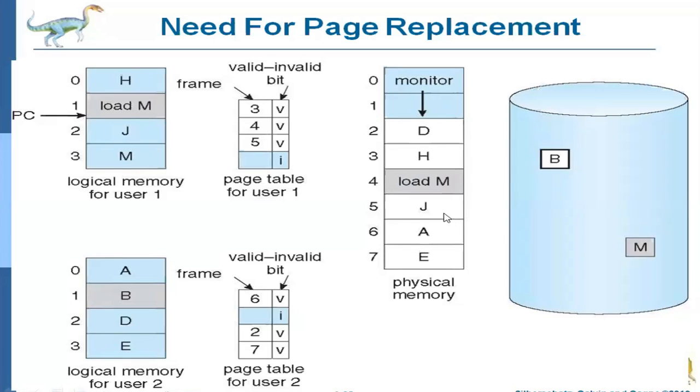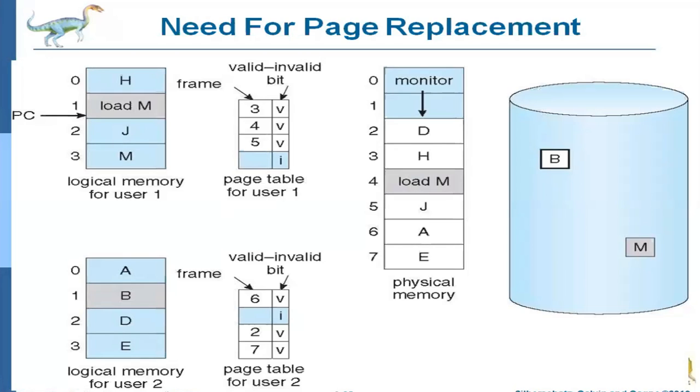Pages that are not being used are transferred to the disk, that is, swapped out from main memory to disk, and the new pages are stored into the main memory. That is one case. The second one is that it will simply terminate the process. If the page is not available, the second solution is to simply terminate the process for execution.